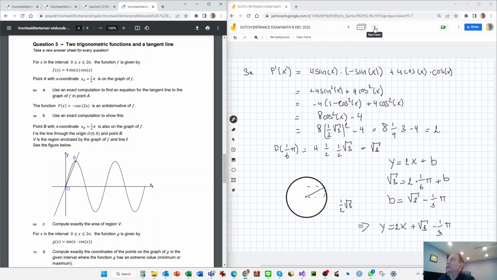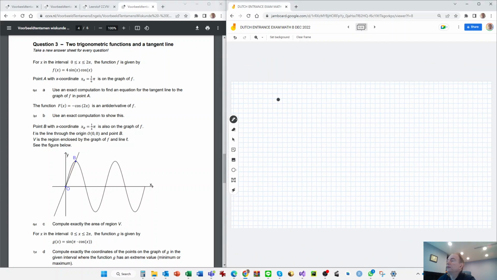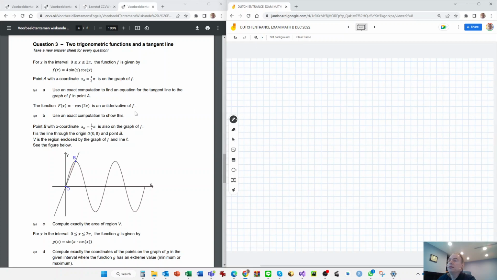Okay, next. They give an antiderivative of f, it's cosine 2x, and use computation to show this. In this case we just need to show that if I take the derivative of this, I find the original function. So, well, what's F prime of the capital F? That's using the chain rule,